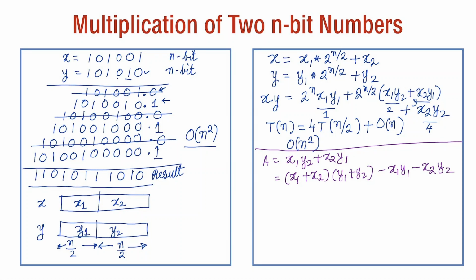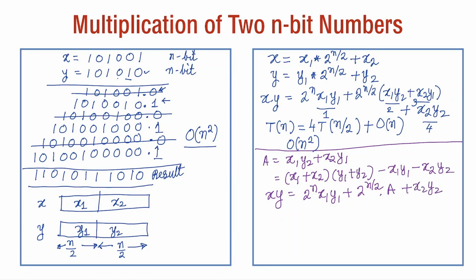We have just taken out the factorization, and if we now rewrite xy as 2 to the power n x1 y1 plus 2 to the power n by 2 into a, the a that we have computed earlier, plus x2 y2,